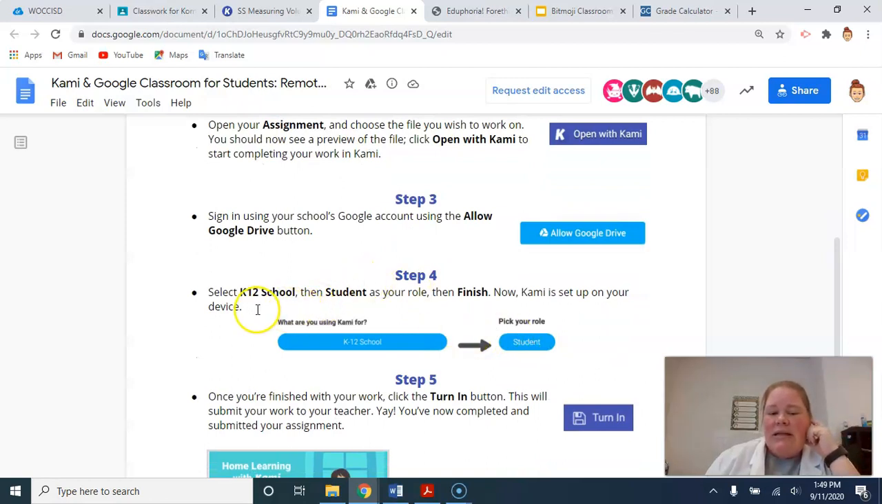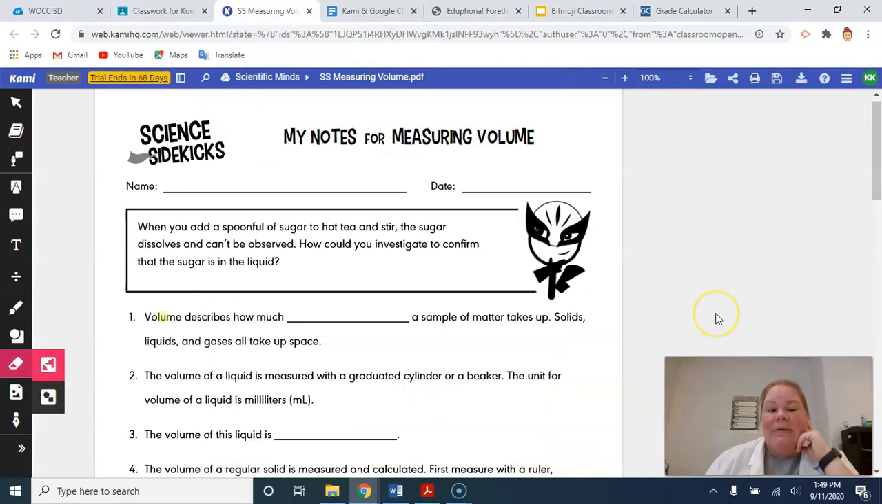From there, you're going to select Case School, and then select Student as your role, and then Finish. Once this is done, Kami is set up on your device. You will not need to do these steps again. Okay, so it's going to ask you to do all of that before you actually start the assignment. Once that is completed,